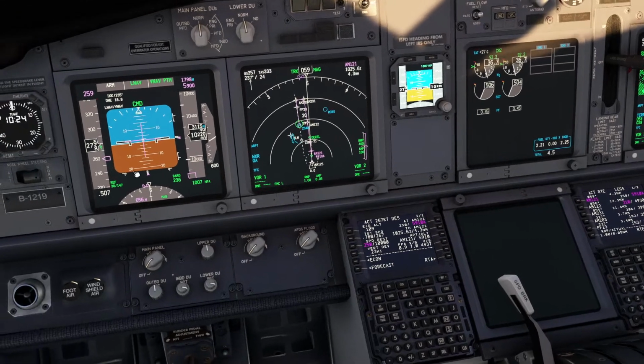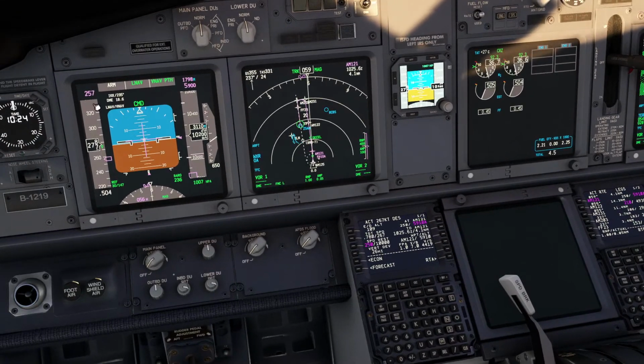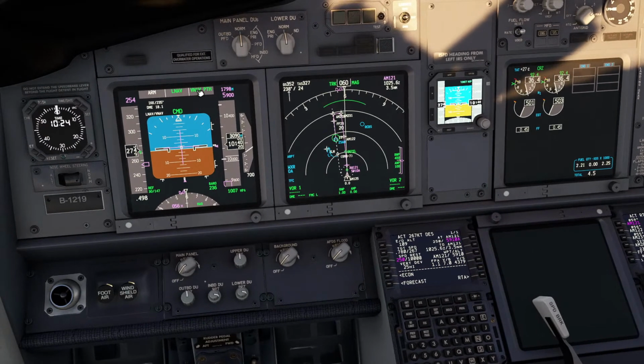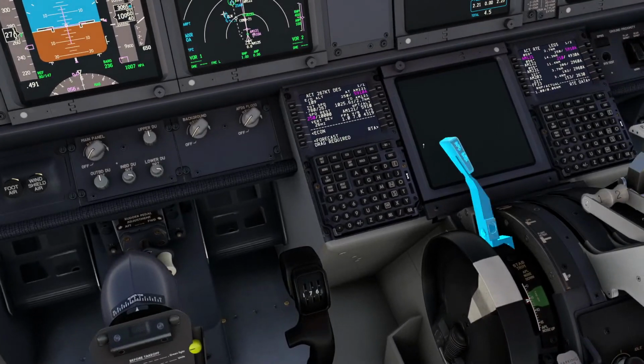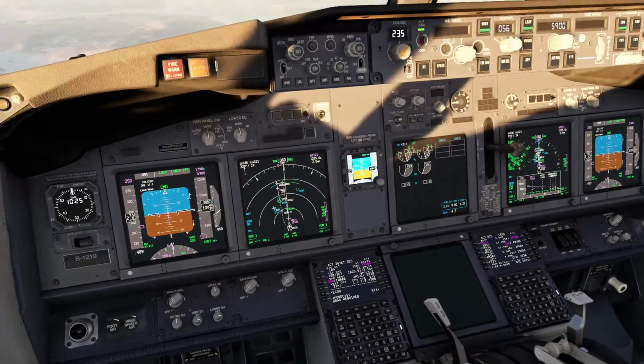Approaching 10,000, speed is reducing to 250. If it cannot make it to maintain the path, with 250 knots, eventually it is going to change to VNAV speed and is going to maintain 250 knots. And then once again we can use a speed brake or try to keep the speed, and maybe later on